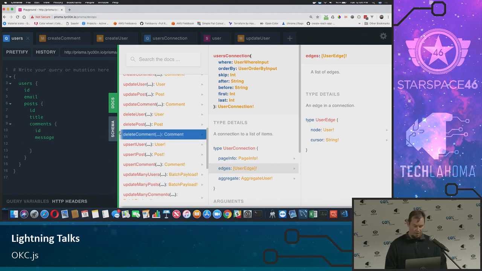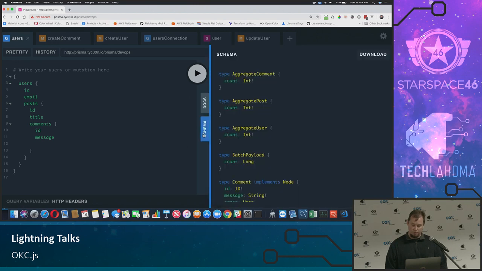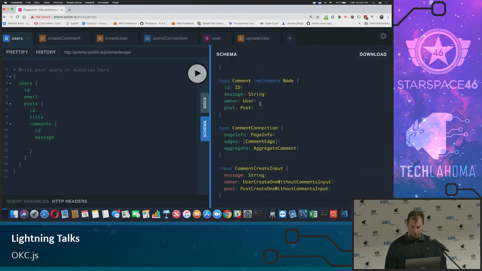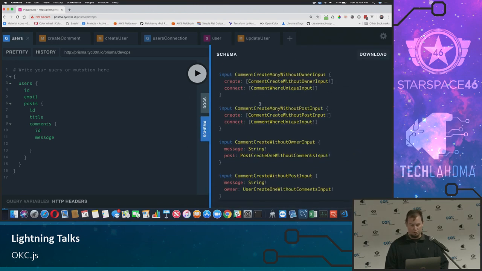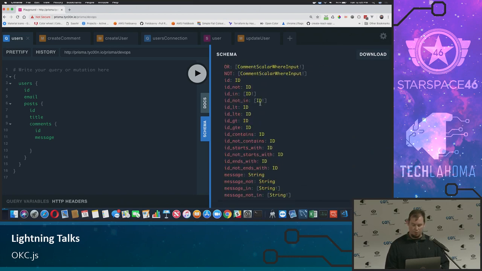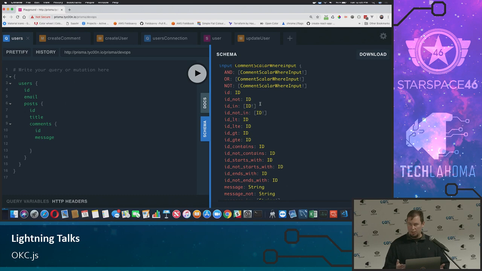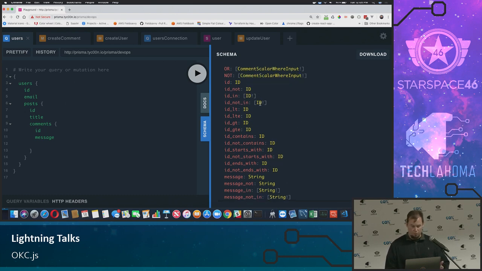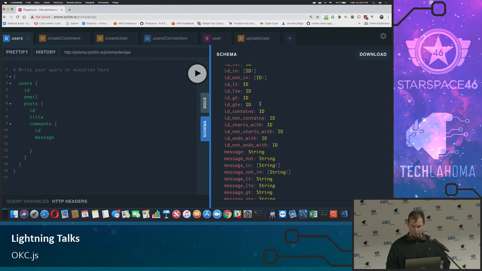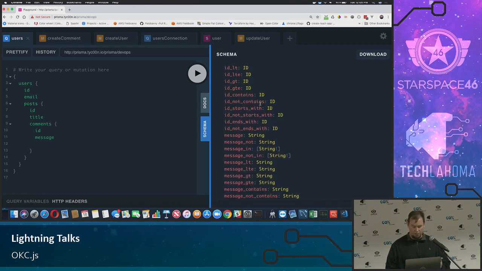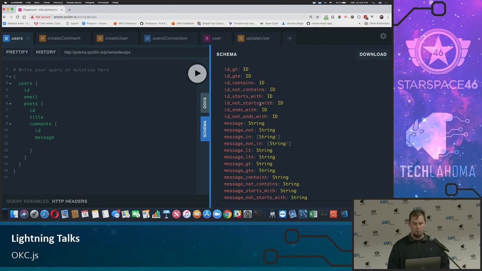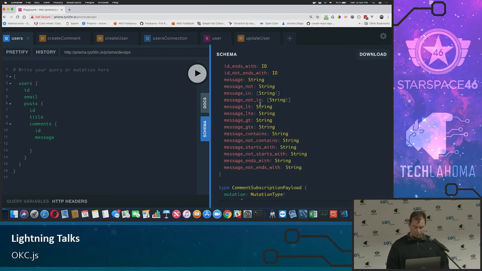So here's all the types it generates as well. I'm just going to scroll through these. I'm not going to go into each one, but there's a bunch. Here's like a query for comments. So just ands, ors, and then nest on top of itself. You know, where ID's in, less than, greater than, equal to, contains, all the fun stuff when you're querying for data. And all we have written